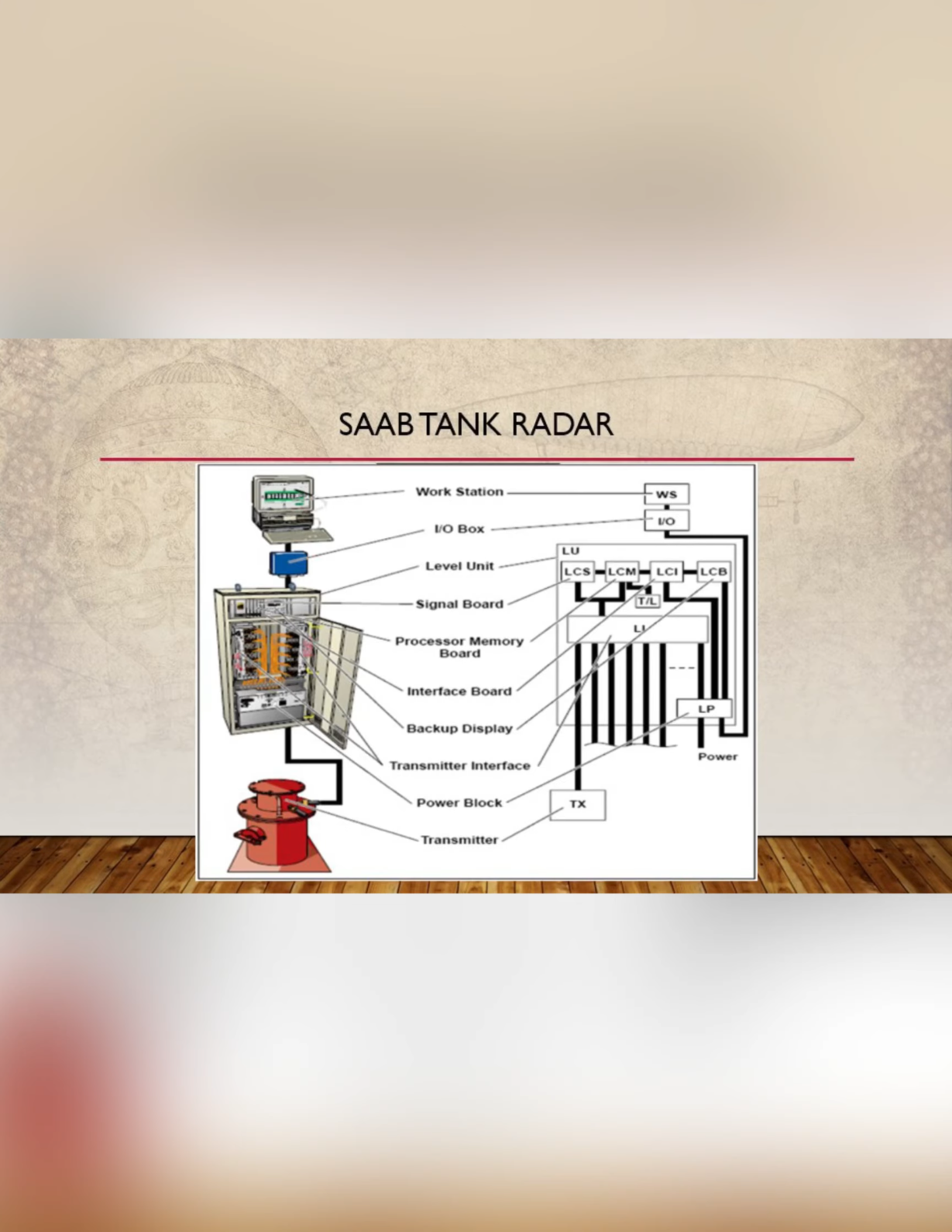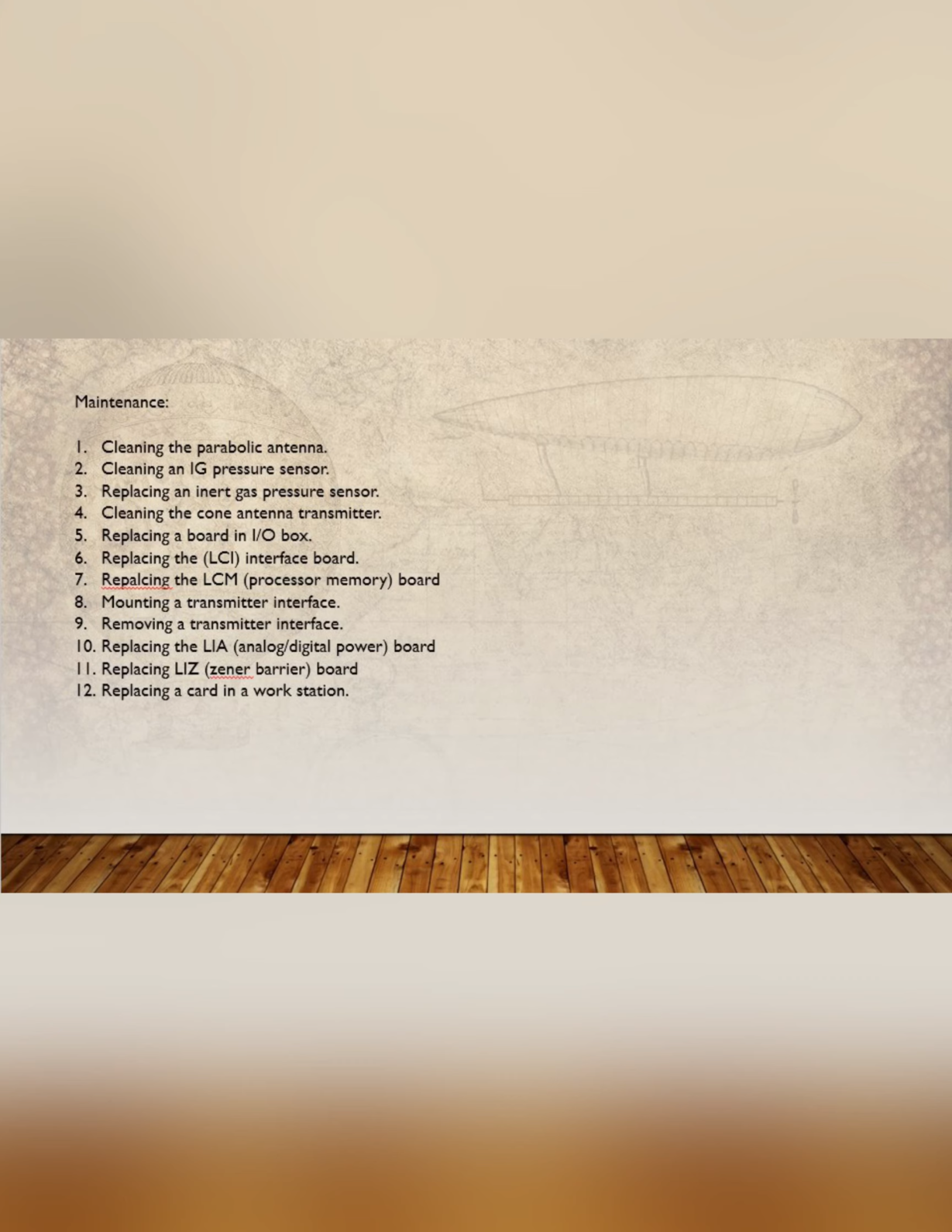So this is a SAAB tank radar. The figure shows the diagram of the circuit and also the schematic circuit diagram. It consists of workstation, I/O box, level unit, signal board, processor memory board, interface board, backup display, transmitter interface, power block, and also transmitter. So for the maintenance step, first one is cleaning the parabolic antenna, second cleaning an